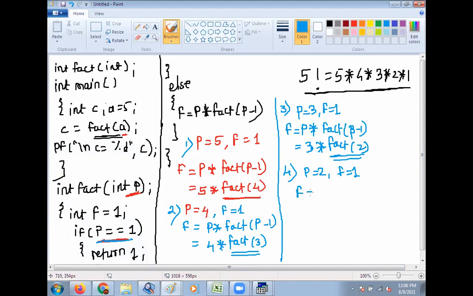So f is equal to p into fact of p minus 1. So here the value of p is 2 into fact of 2 minus 1, it becomes 1. So go to the definition of fact 1. So at the fifth step, here p is equal to 1.